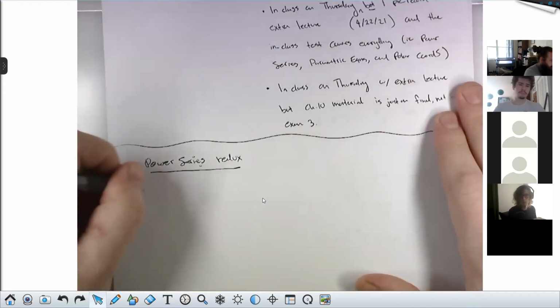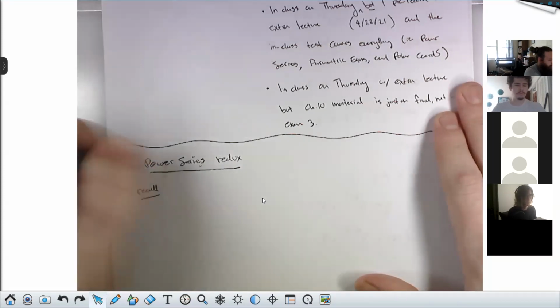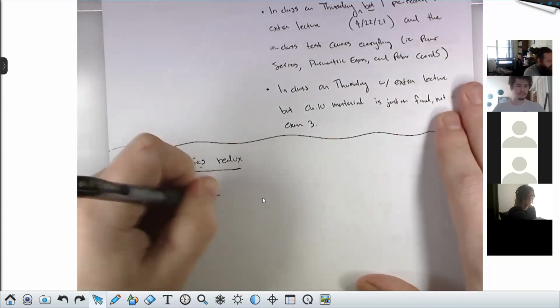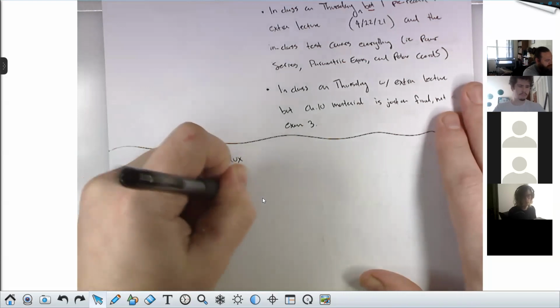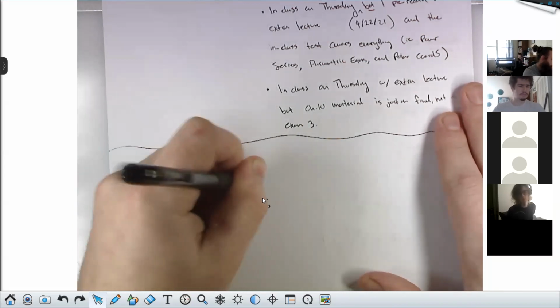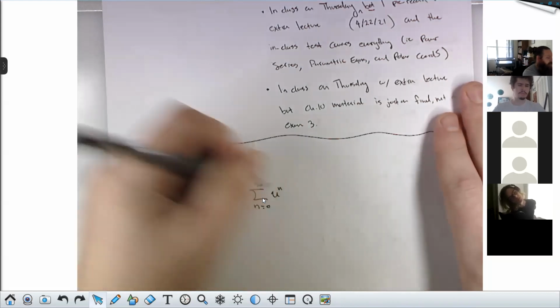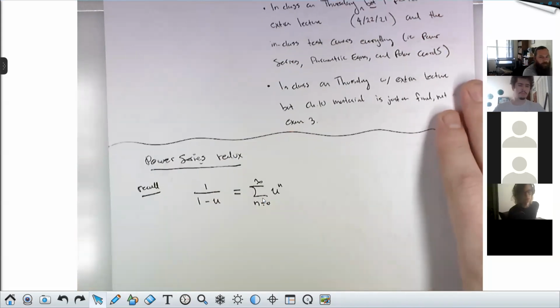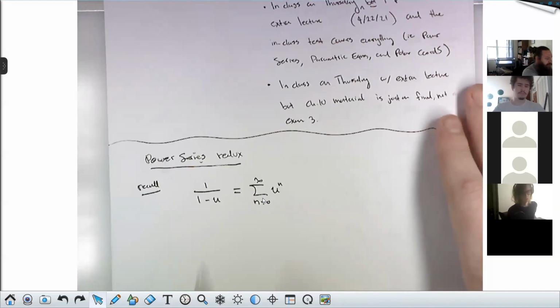So recall, 1 over 1 minus u can be rewritten as sigma n from 0 to infinity, u to the n. I'll write all of these in terms of the variable u. And the idea is, of course, that we're going to plug different things in for u to get other power